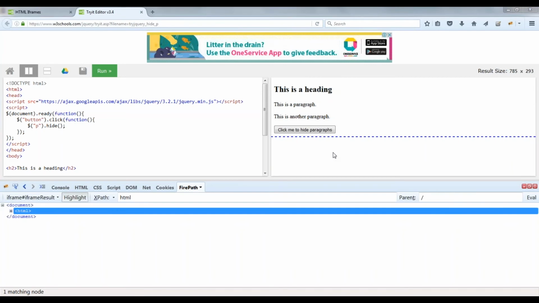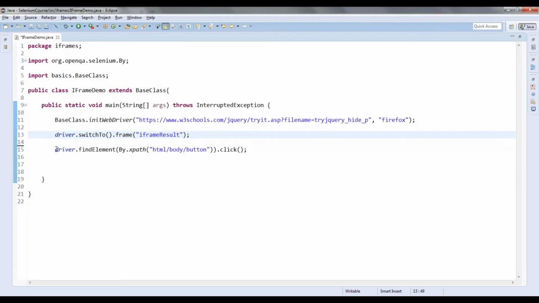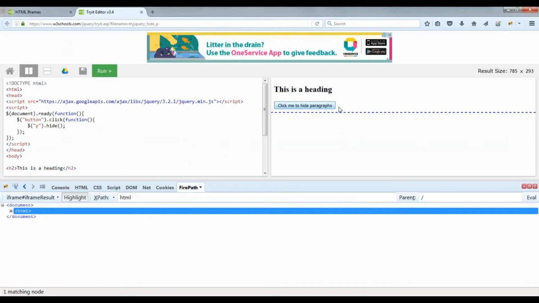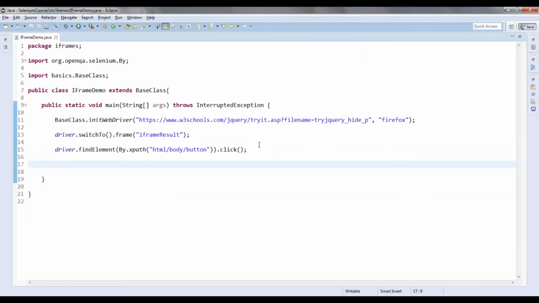Why did you put that thread sleep of 5000? Yeah, this is for sleep time. It will pause your entire execution for 5 seconds. But this is not mandatory. This is for a demo purpose. Don't consider that. I just wanted to show you it will click on this. Otherwise, during execution it clicks, but you may not be able to look at the output. For that reason, I have given it.